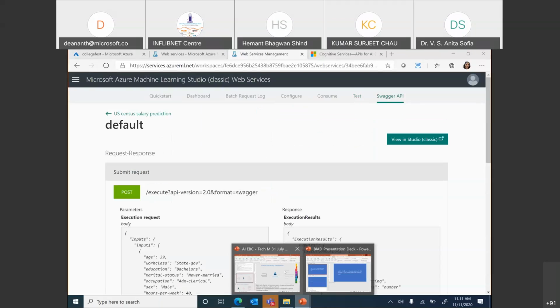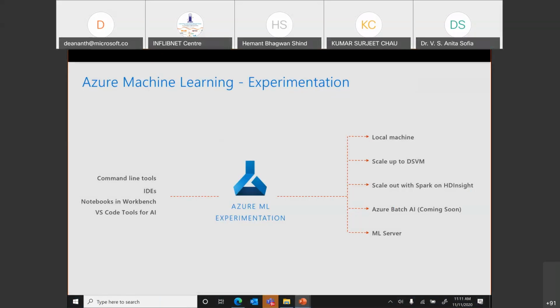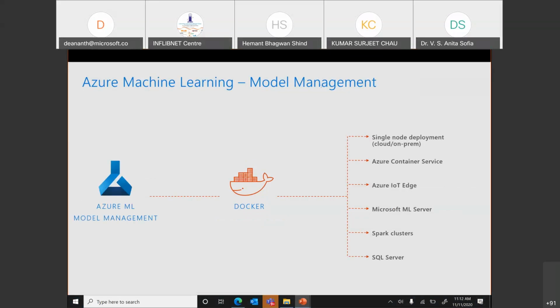So I'd want to actually summarize a few things for you. Whatever we have deployed here as a model, you can also go ahead and Dockerize it and even do an edge deployment. We have another service called Azure Machine Learning Service for that. What we use is Azure Machine Learning Studio. We have got a website called gallery.azure.ai where you can look at a lot of these deployed models. Okay, so deploying onto Azure IoT Edge, containerizing it, all this is possible. In fact, cognitive services is also available as containers.